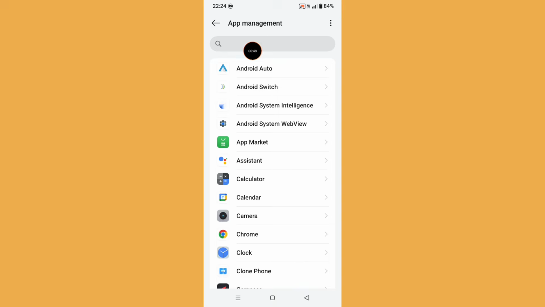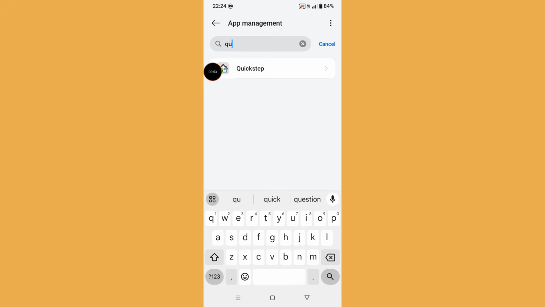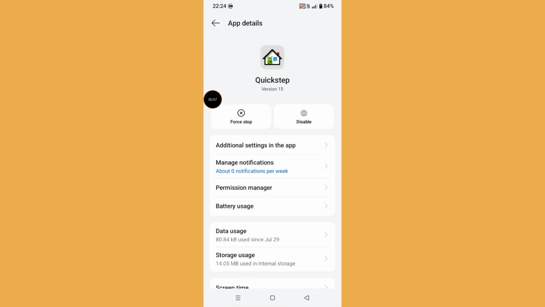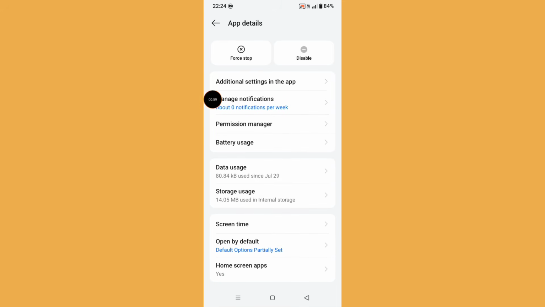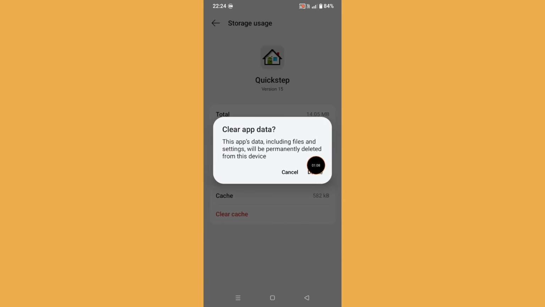Now click on the search bar and search Quickstep. Just search Quickstep and click on it, and then here you can see many options. Just click on storage usage and then just clear data and click on delete,